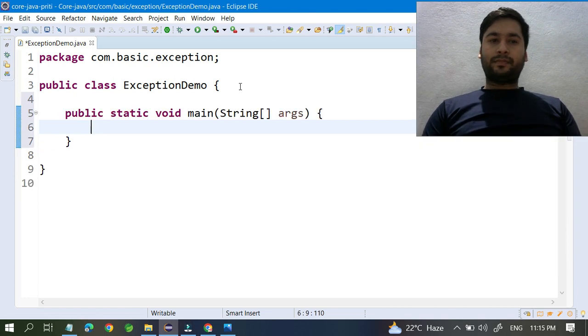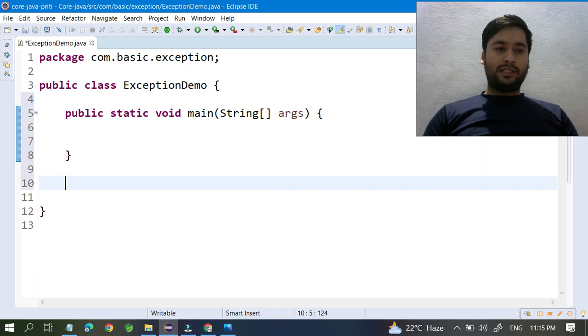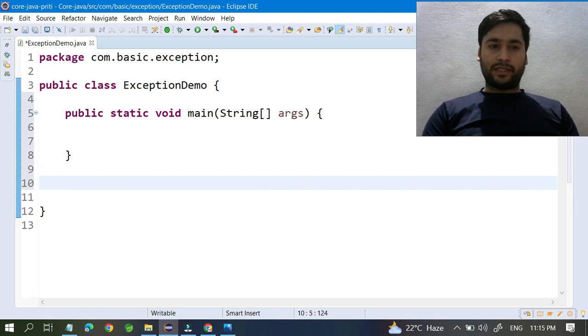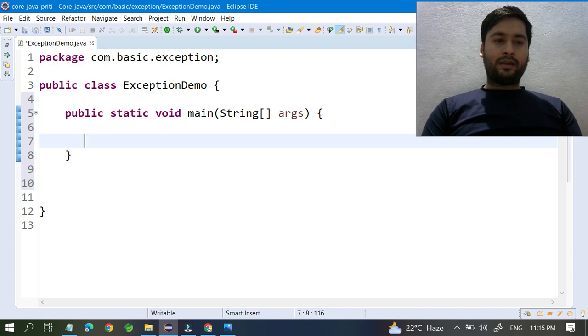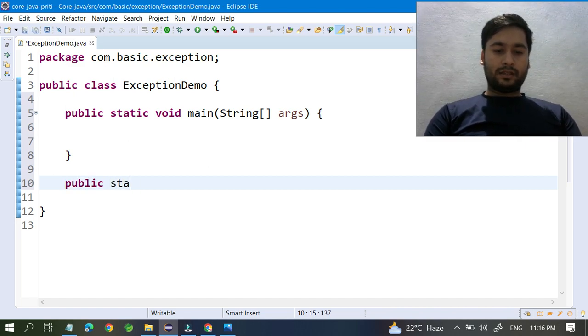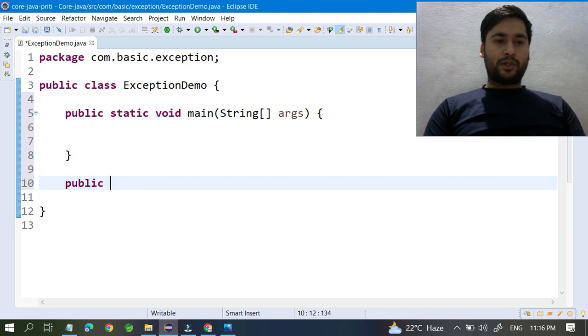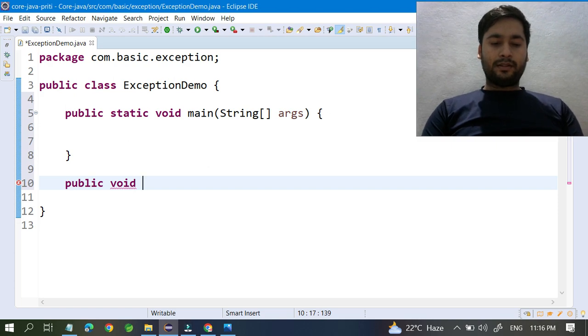Main. In this main method, outside the main method, I'm going to create one more method. I will write public, not going to give any static, so just public void display.